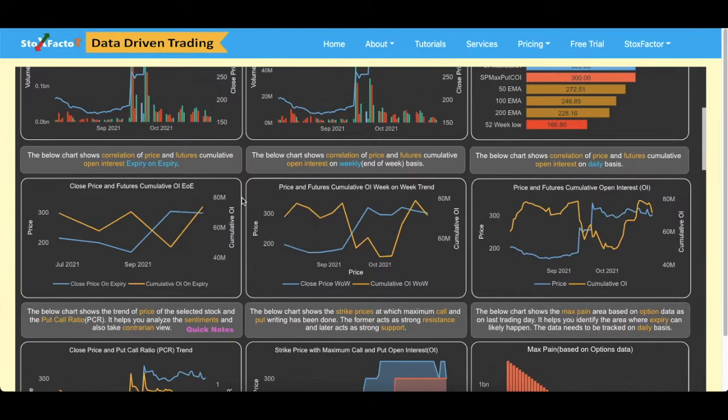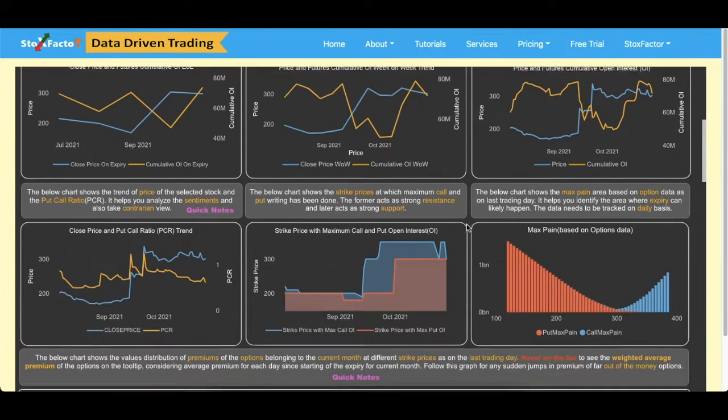Then we'll see some important data. Whatever we analyzed about the futures cumulative open interest in the rollover, the same you will see here also. The structure would exactly be the same. You can see a huge change in futures cumulative open interest, and not much change in price. We have seen the price for the past 4 weeks has consolidated, with an increase in futures cumulative open